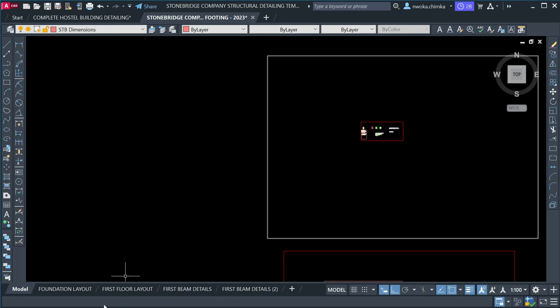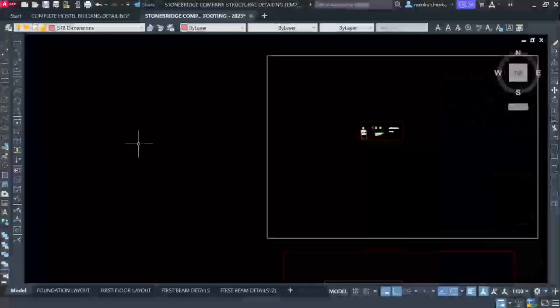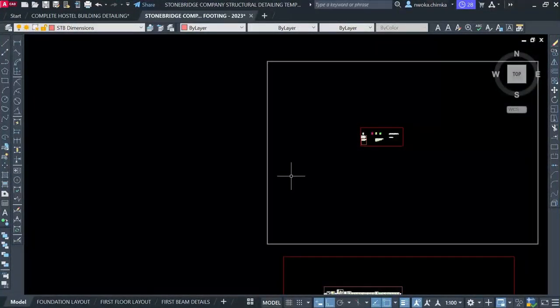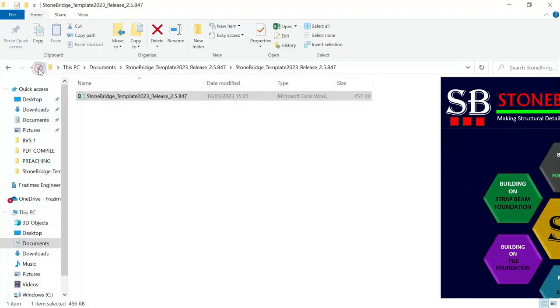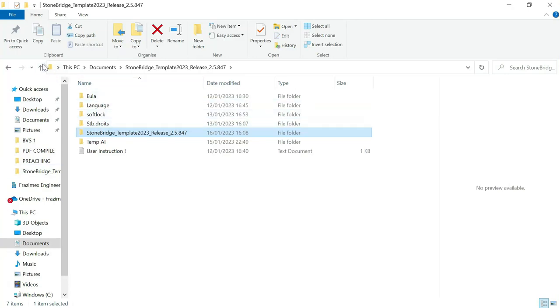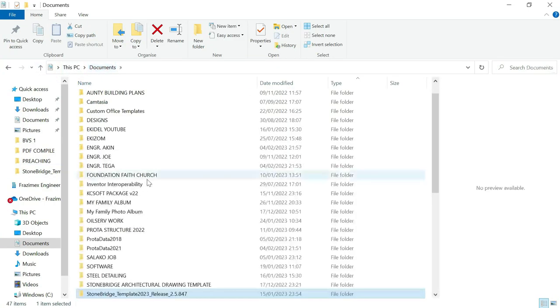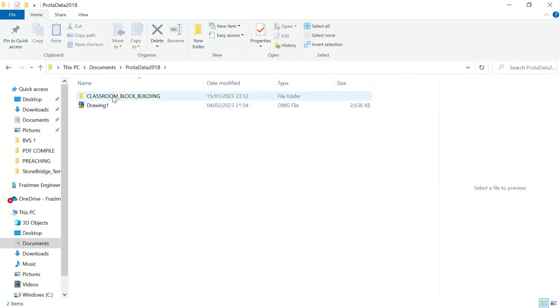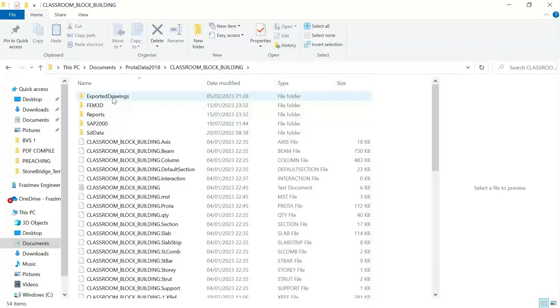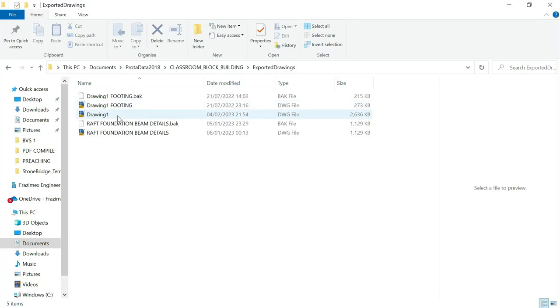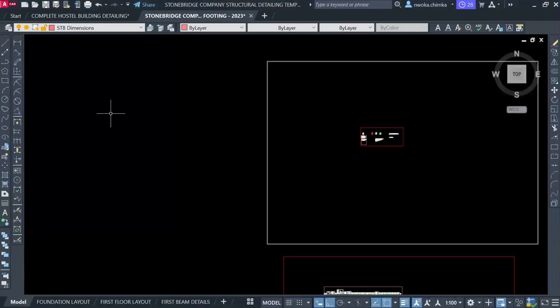So I'll just go and open a file that was done with Protastructure. I'll navigate to my documents, find the Protastructure data, and open it right now. This is a classroom building. Let me just open one of the files from Protastructure. So right now,